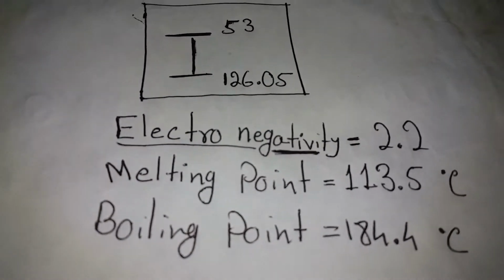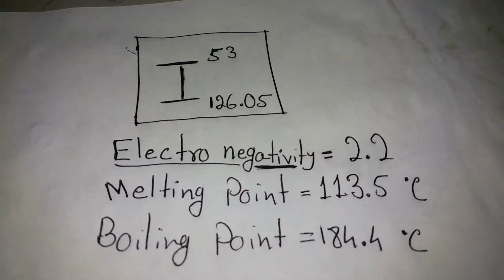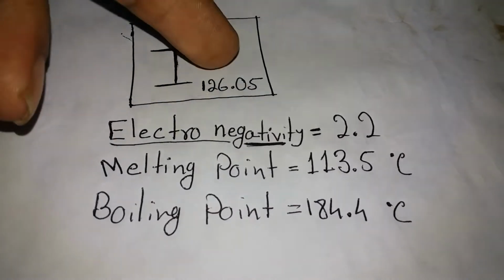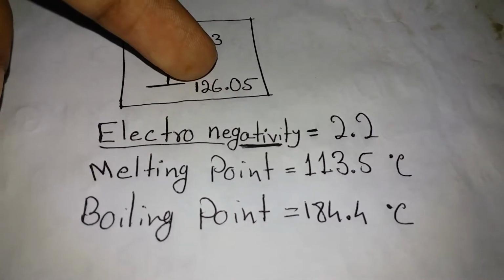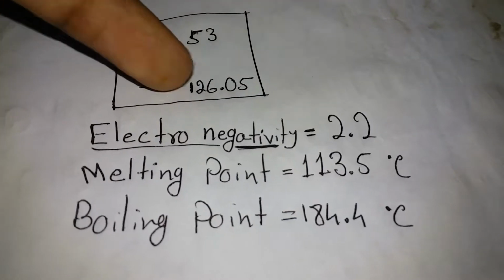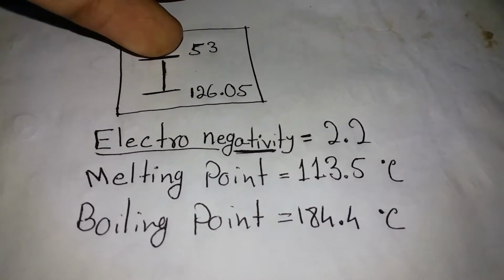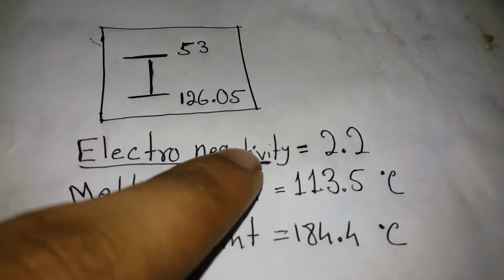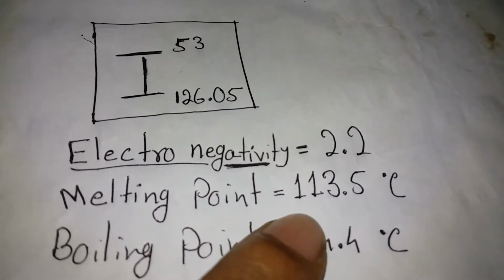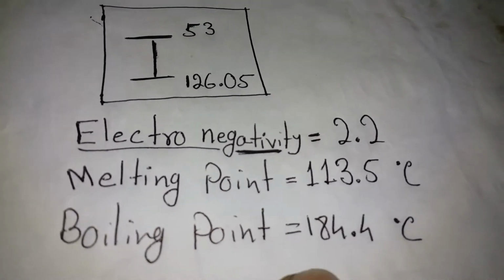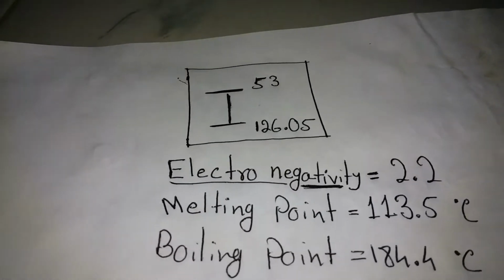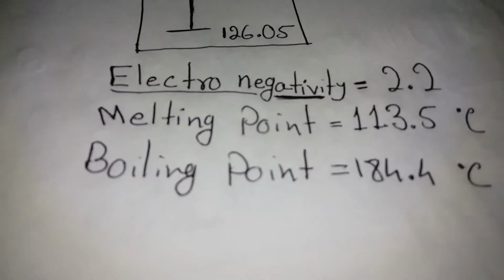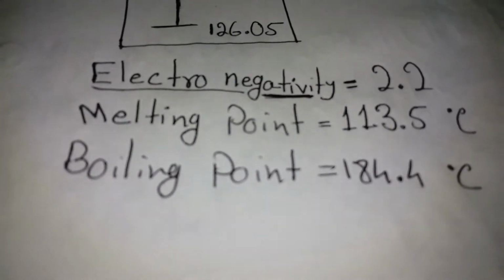Today we're going to be making iodine. So iodine is a black solid, and as you can see its atomic weight is this, and the proton and electron number is this. Its electronegativity is 2.2, melting point fairly low, and the boiling point. And iodine normally sublimes at room temperature, and sublimation means the transition from solid directly